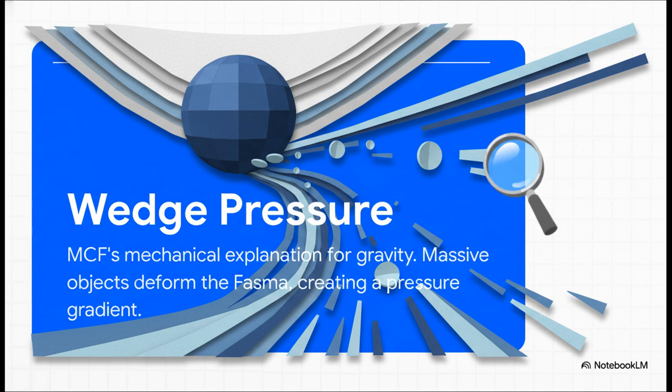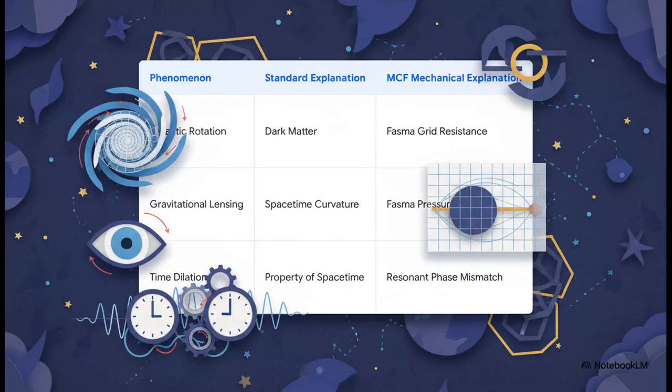So other objects aren't being pulled by some mysterious force. No, they're being channeled through this geometric dent, almost like water flowing downhill into a ditch. It's presented as a direct mechanical cause and effect. And this is where you can see how this mechanical model gets applied across the board. It suggests that abstract placeholders like dark matter just aren't needed anymore.